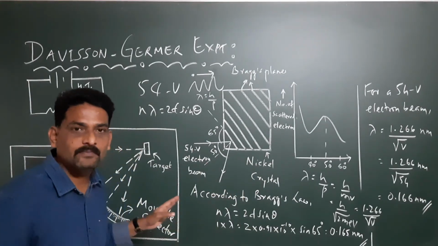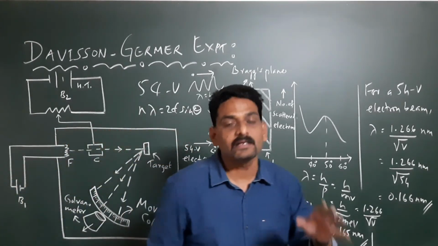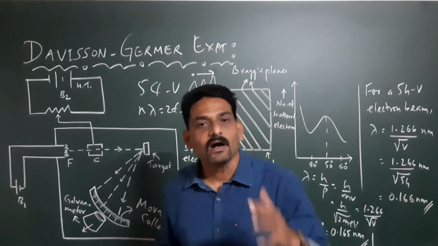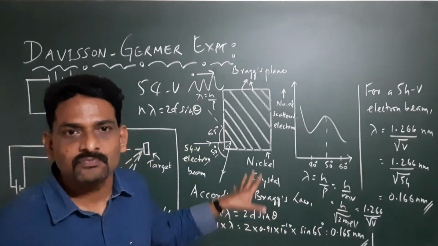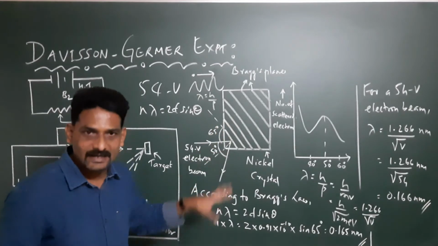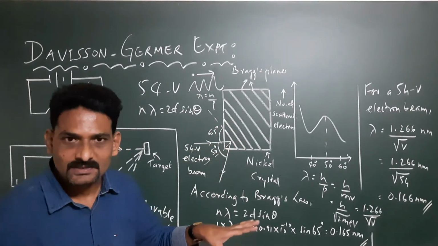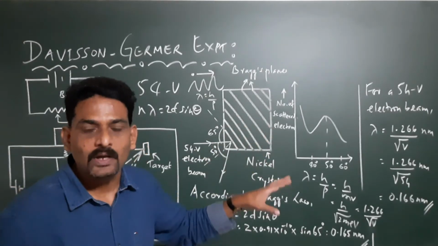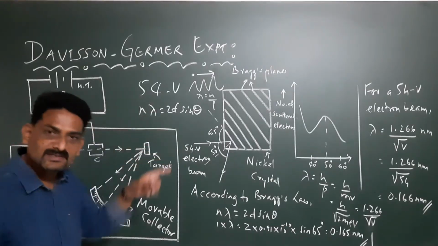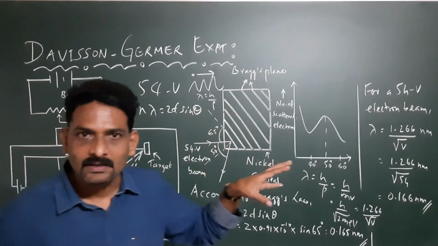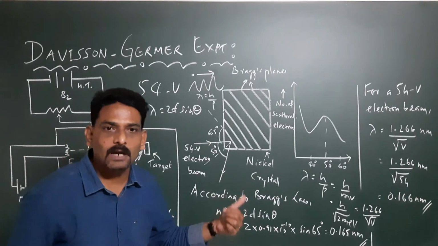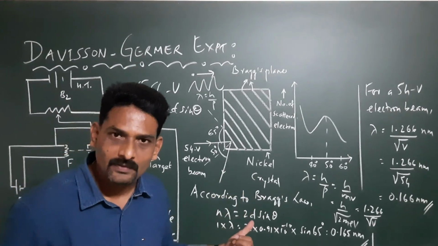So that's why we say the Davisson-Germer experiment is an experiment to verify the de Broglie hypothesis. In other words, this was the first experiment which proved experimentally whatever de Broglie has said. That is, the de Broglie hypothesis of matter waves is proved experimentally by this experiment. So in this class we discussed the Davisson-Germer experiment, and how the de Broglie hypothesis is verified experimentally.